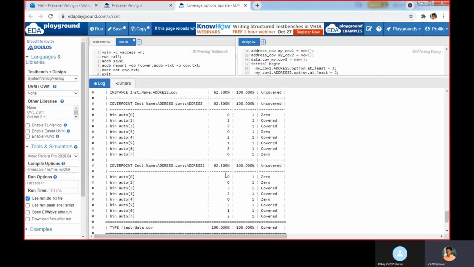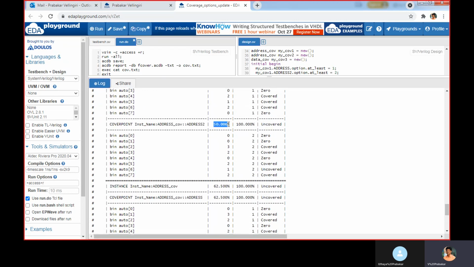This is the myCov2 percentage, the average of this address and this address 2. Here address 2 has 62 percent in myCov2, but in myCov1 it is 50 percent. The reason is that I mentioned at_least 2 for myCov1. For address 2 in the myCov1 instance I said at_least 2. So each bin should be hit at least 2 times. Then only it will be considered as covered. Here it hits 3 times.